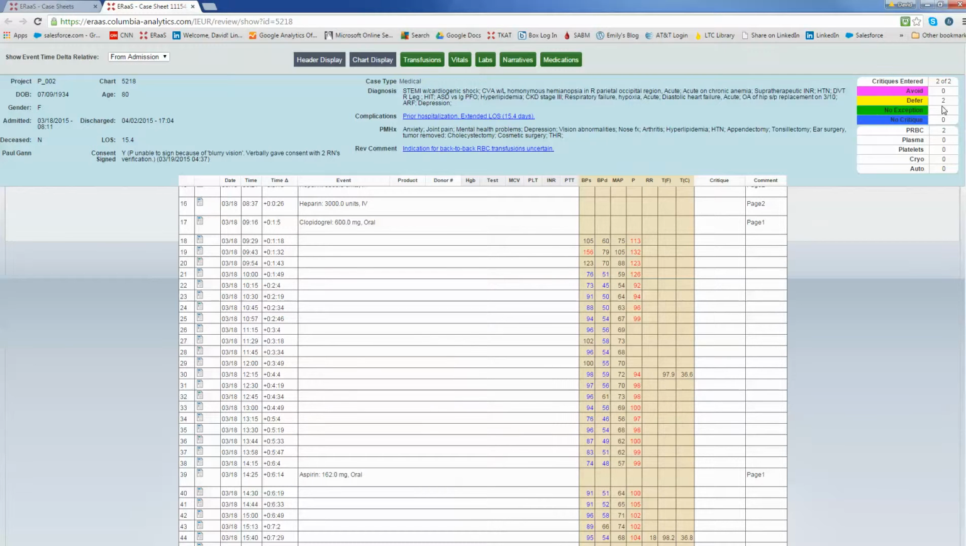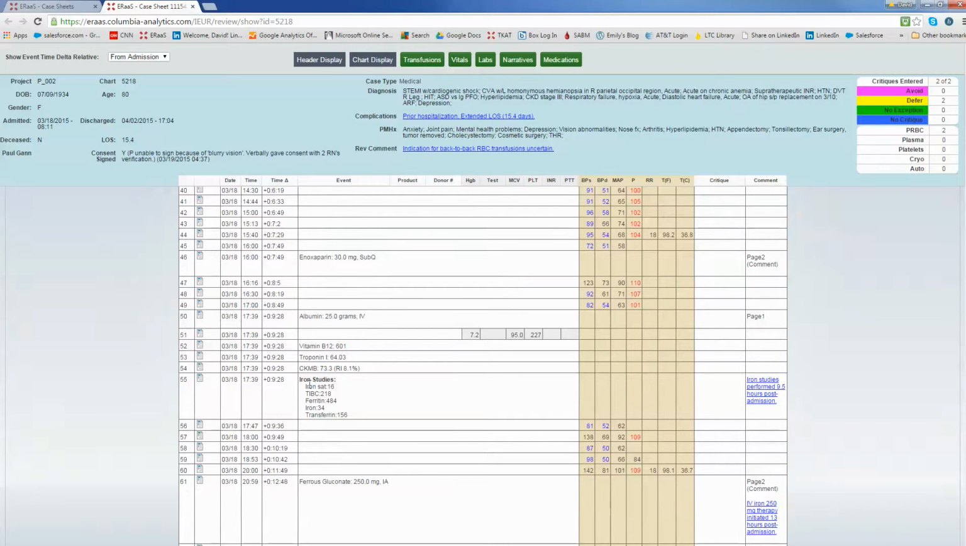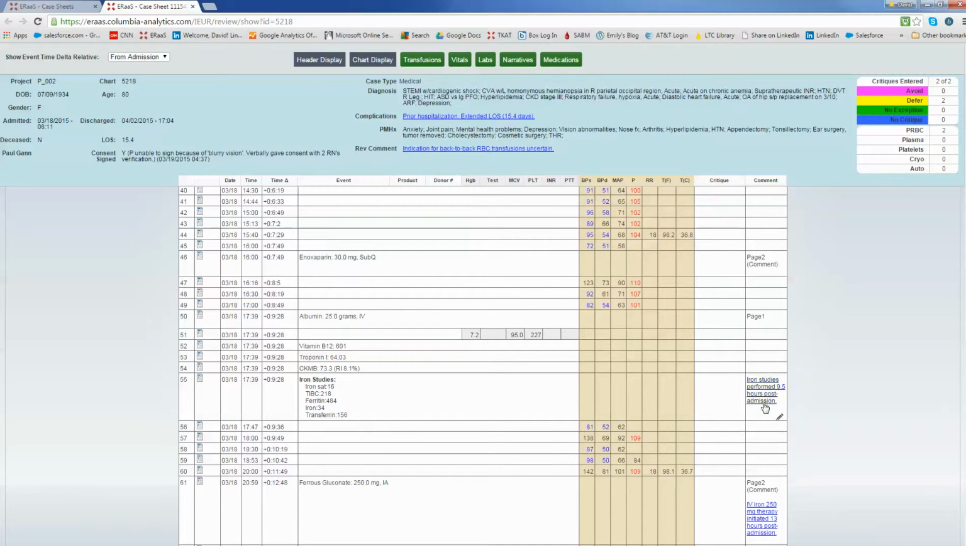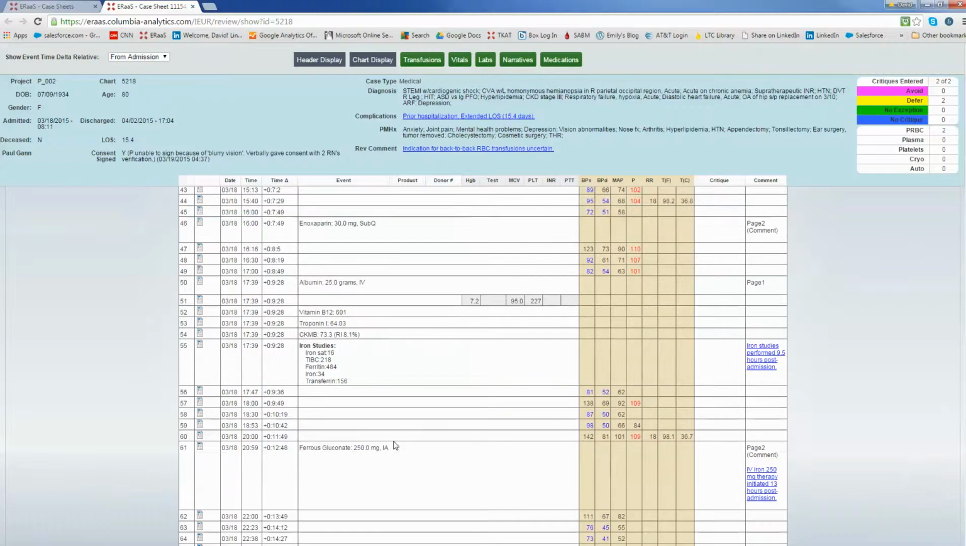So I already mentioned that 2 units were critiqued as deferred. So you can scroll down here. Here's some iron studies that were performed 9 hours and 9.5 hours post-admission. The patient has an MCV of 95, hemoglobin's 7.2, iron saturation somewhat low at 16%, ferritin 484, iron 34. They started ferrous gluconate IV,